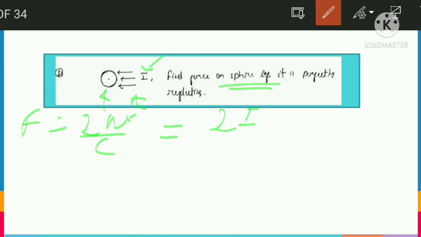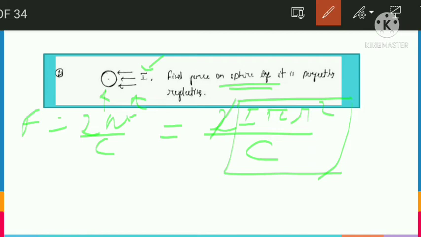But what area? It will be the area of projection, and projection I have told you in the second question, it comes to be pi r square upon c. Yes friends, I think this question is clear to you. But friends, what we can write is that 2 will not be here, because you can remember this thing, whenever we have a sphere which is either perfectly reflecting or absorbing, we still have this formula. You can find the reason on Google, because I think H.C. Verma sir has also not told this. But for general purpose, you can remember this. So friends, we can move to the next slide.